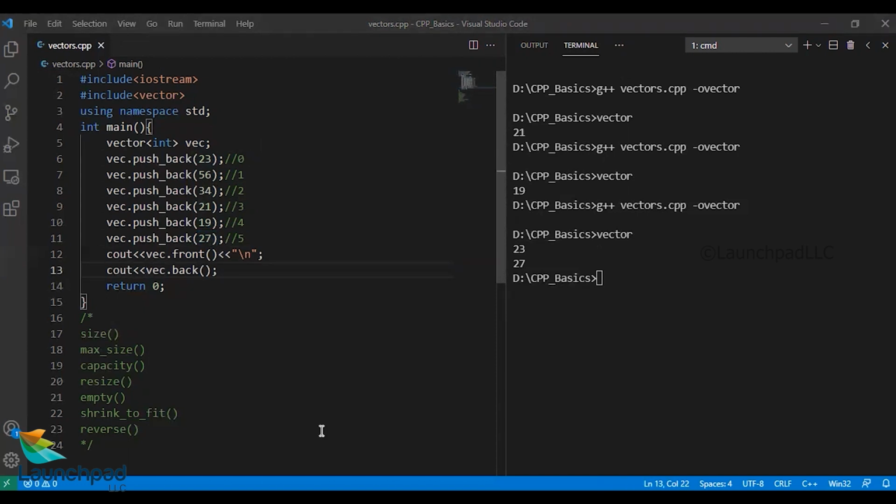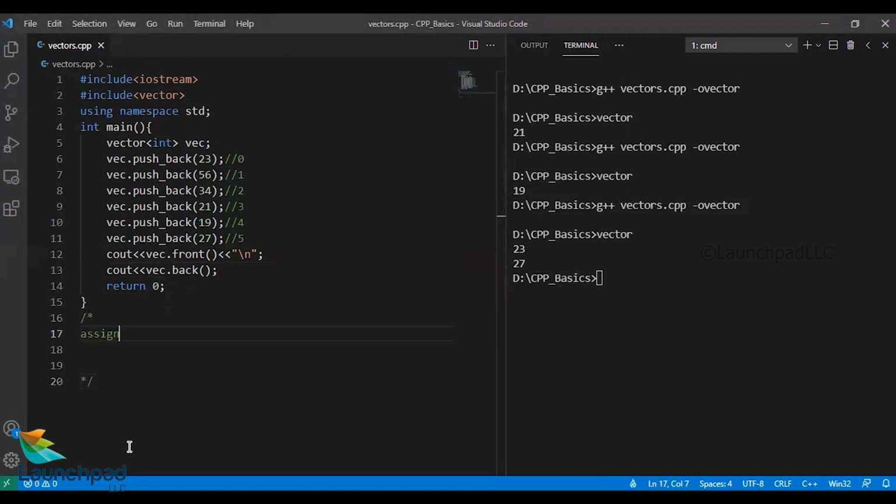And some of the modifier vector functionalities are assign, push back, as we already know, which is used to insert a value to the vector at the rear end. Pop back is basically the function to pop the last item of the vector. And insert is the function which is used to insert at the specified index of the vector. Erase is the function which is used to delete a specific value from the vector.